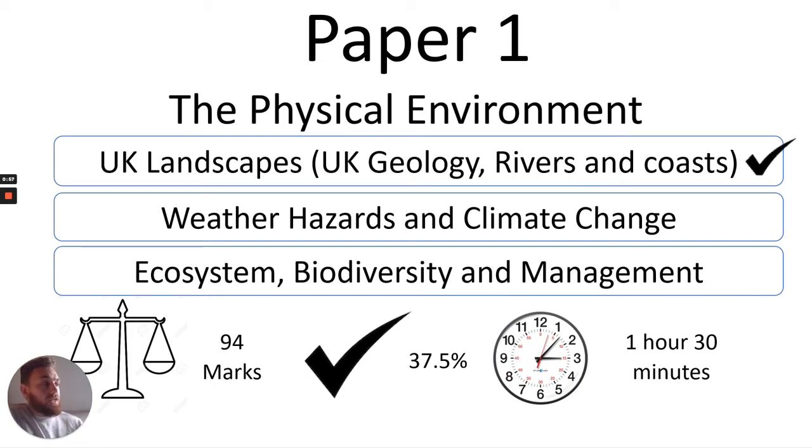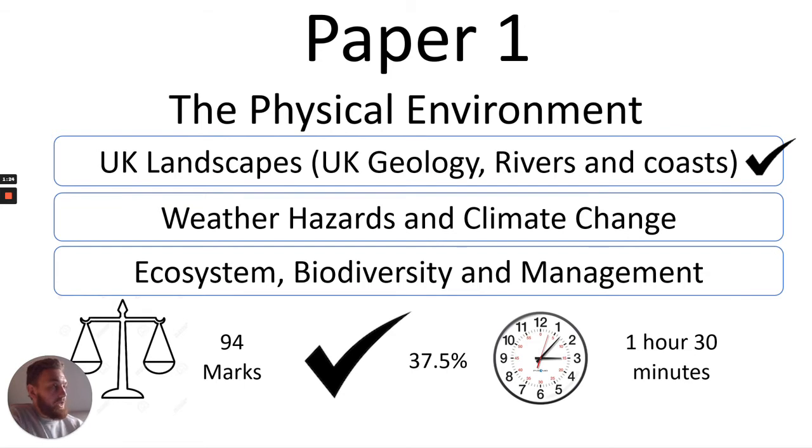Now you've already completed UK landscapes, the top one. You've studied what kind of rocks we have in the UK. You've studied rivers and you've studied coasts as well. You haven't studied weather hazards and climate change yet. And you also haven't studied ecosystems, biodiversity and management. But when you have, the whole unit is worth 94 marks. It counts as 37.5% of your whole GCSE, and you will have 1 hour 30 minutes in the final GCSE